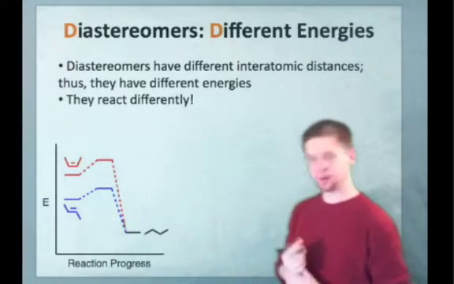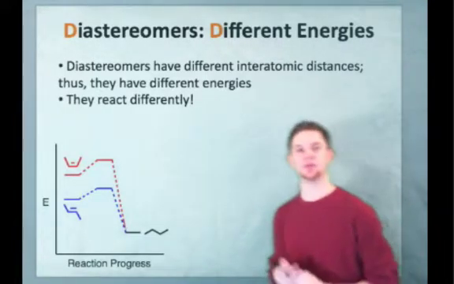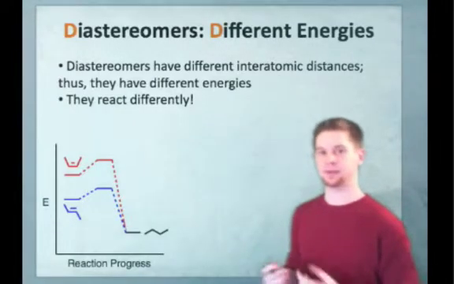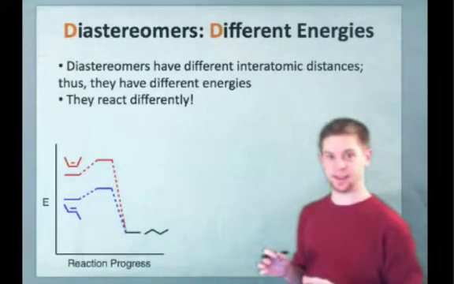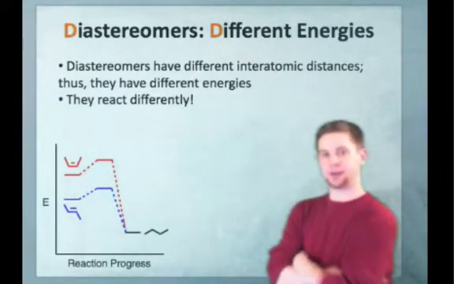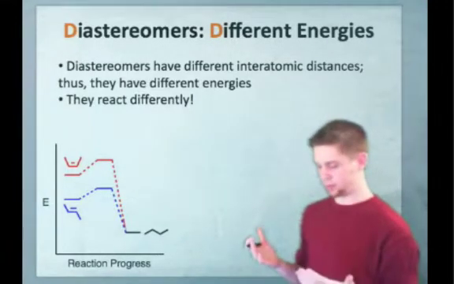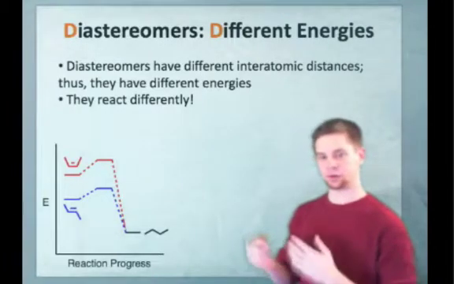But for stereoisomers, it seems like they're a lot more similar. They have the exact same connectivity, and so you might think they possess the exact same sets of molecular orbitals and maybe exhibit the exact same reactivity. However, that's not the case. So diastereomers, remember we identified diastereomers as a pair of molecules that possess the same connectivity but different internal distances